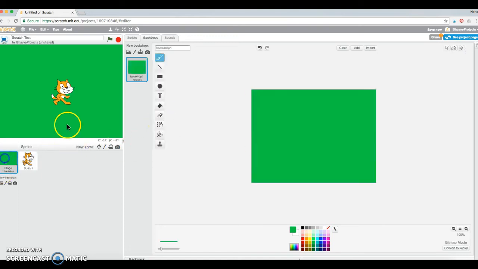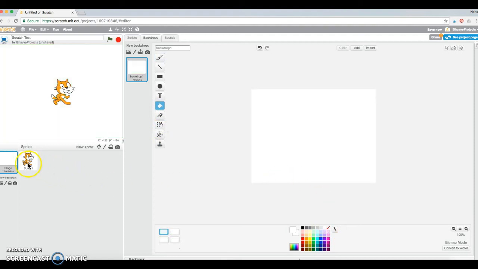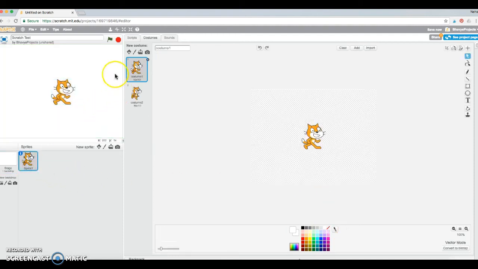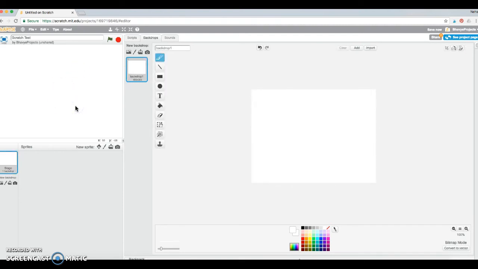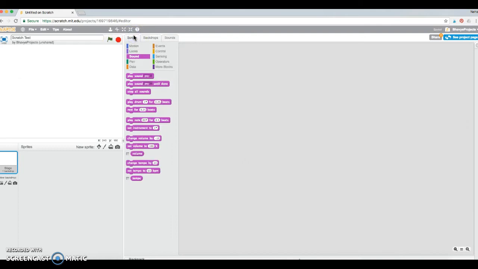Okay, and I'm just going to go ahead and make the Scratch backdrop white again. Alright, and then you can right click this sprite and delete it. So that is like the basics of Scratch, and we can probably go ahead and do a little bit of